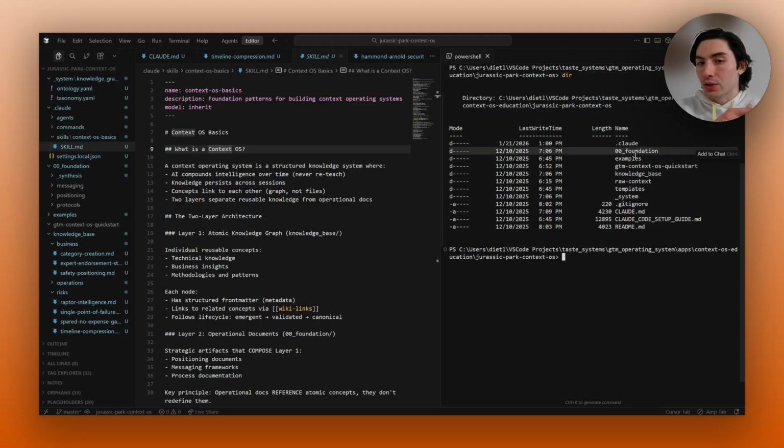Then you'd have a 01 customer, 02 messaging, whatever your setup is. It's dependent on what you need and how often you access specific files. And then a knowledge base, which is like a deep knowledge graph, an actual imaginary graph. That's what the knowledge base is for.